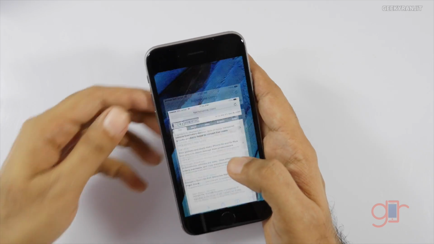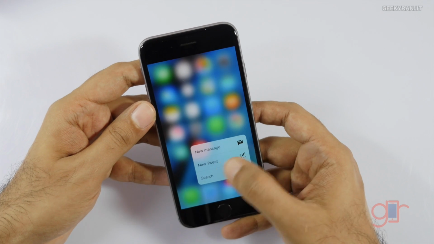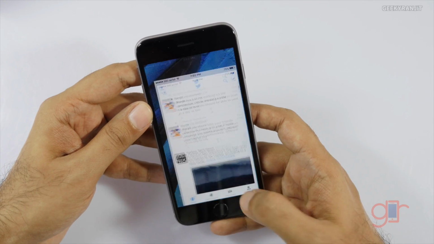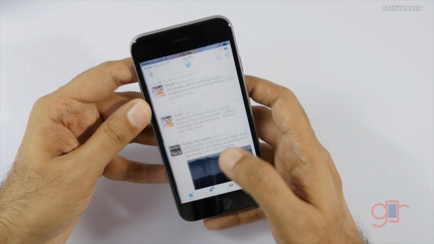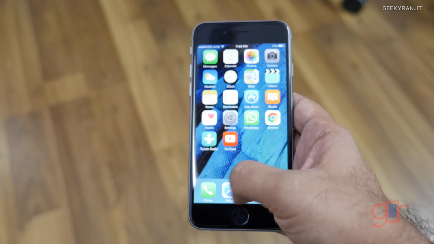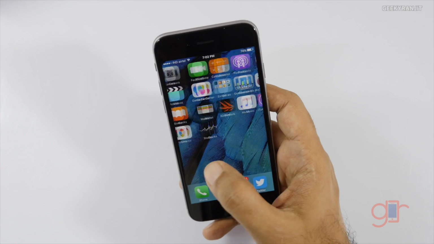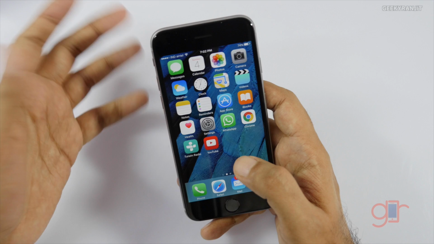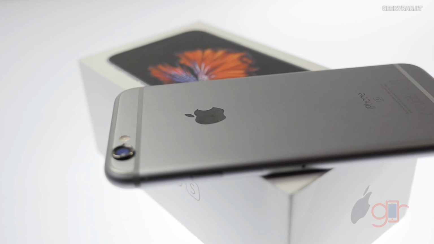Now some third-party apps are also supporting this 3D touch. For example, Twitter has started it. We have access to direct DMs and tweets. By default, if you press it, it just opens the Twitter app directly. Even the Facebook and Instagram apps do support 3D touch. So I do feel that this 3D touch is a new way of interacting with your content, and it certainly speeds up navigating and working with your device. And again, I would say this 3D touch feature will improve as third-party developers take advantage of the same.